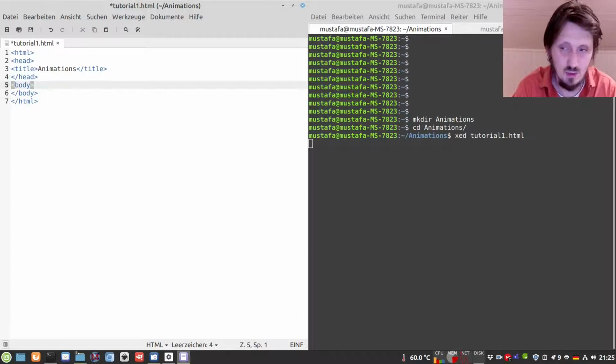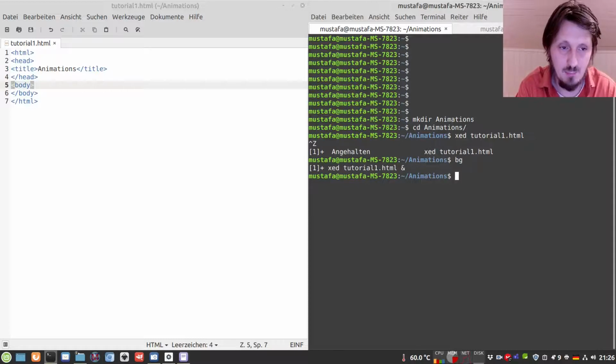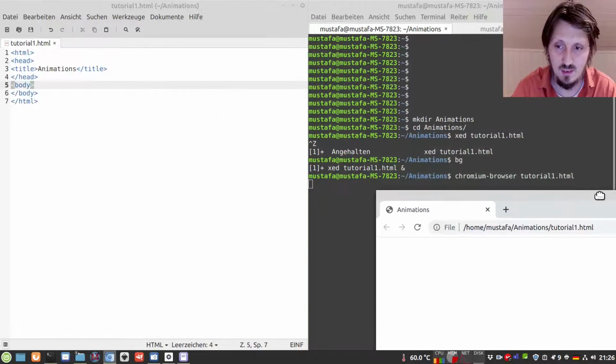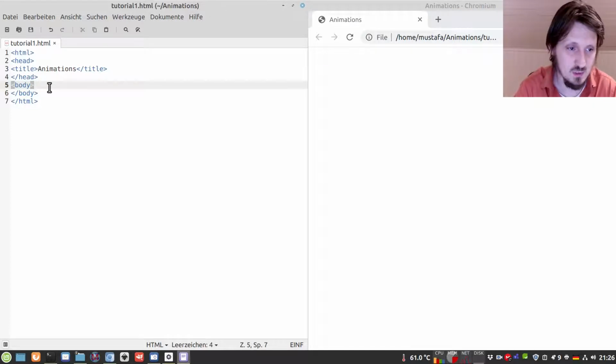I hope you are a little bit familiar with how to write HTML code. Otherwise, there are many tutorials available on the internet. But what we need here is quite simple. Basically, whatever we want to write in HTML, we have to put in between these two body tags. Maybe first we can just test it. You can use any web browser to open this, whatever is your favorite one. In this case, I would like to use Chromium to show that it also works quite well here. Of course, you don't see anything at the moment, but the title here is animation. So at least when this is shown, it means that everything works so far.